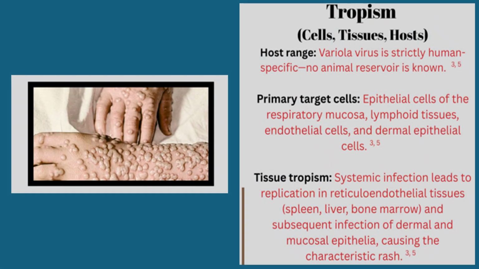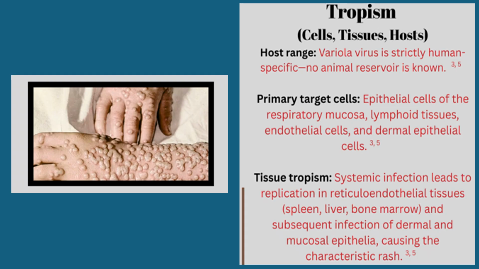Tropism, because of the two unique virion types, the tropism is pretty relentless, as I've mentioned before. It affects cells and tissues. Host range: variola virus is strictly human specific. There are no animal reservoirs known, so its life cycle is strictly human. The primary target cells are the epithelial cells of the respiratory mucus layers, so the mouth, the throat,